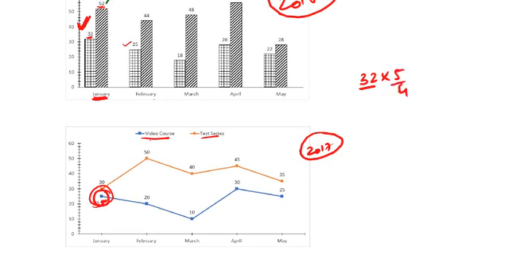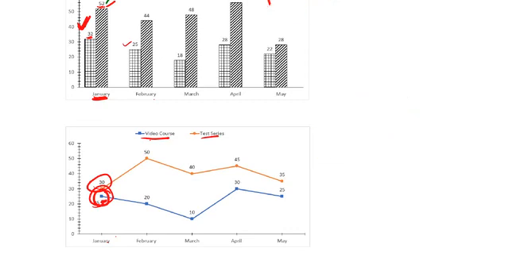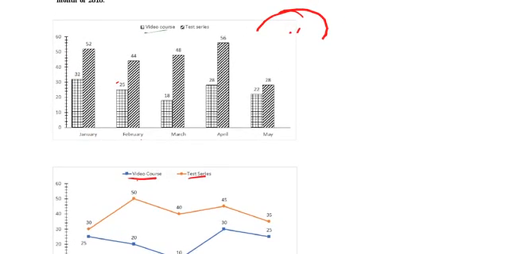Suppose we have to calculate test series revenue in January 2017. Test revenue in 2016 is 52, and the increase is 30%. So into 130 by 100. So for 2017, you should take the 2016 base value, then into the percentage increase. Taking these two, the bar diagram and line graph, into consideration, we should answer the question.